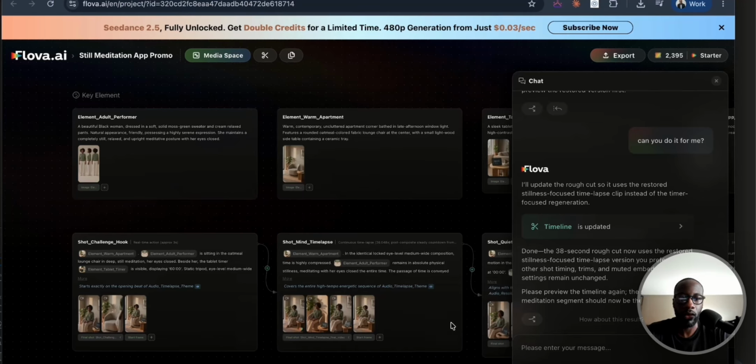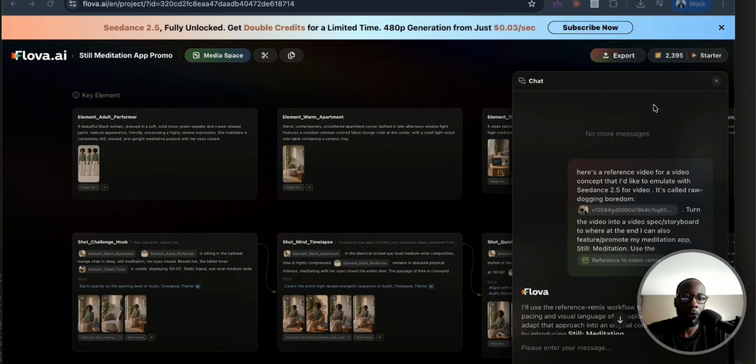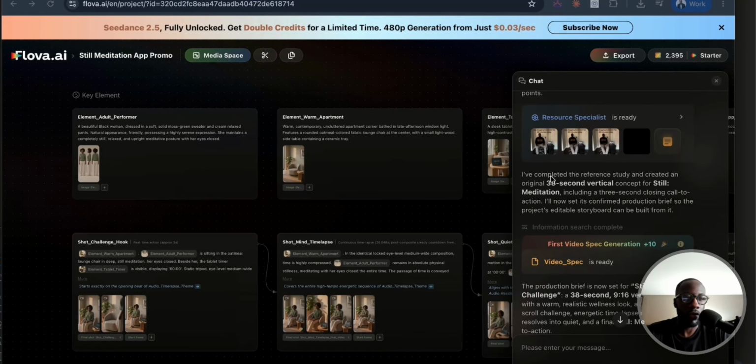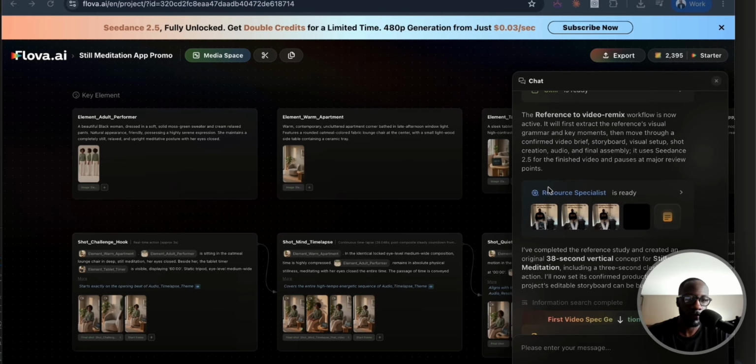It's what it'll bring you to. And you'll see this chat box on the right where you can actually chat and communicate back and forth and talk things through. And so you provide that information, right? As you saw, I typed in the chat, and then it uses the skill, and then it goes through the process of parsing the different frames of the video, and then it's completed it.